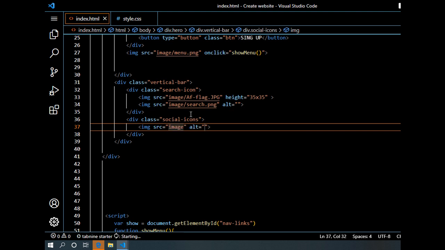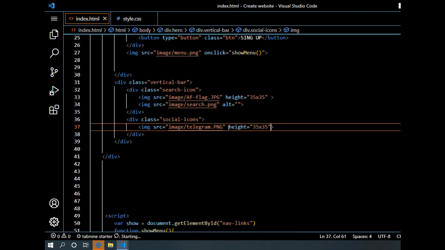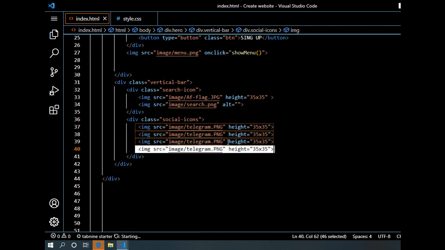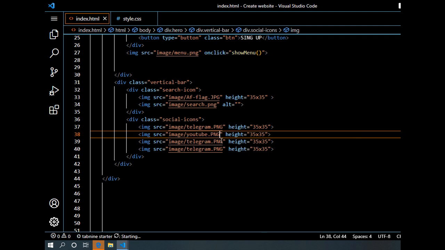Inside this folder we have got this, for example, Telegram in png format, and we can select this size, copy this one and paste right here. We're going to select the font as height size and width size. So now we can duplicate this one and make another icon in png format. We can add, for example, our YouTube page,